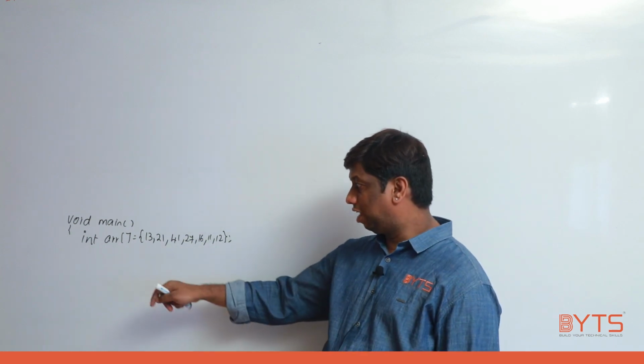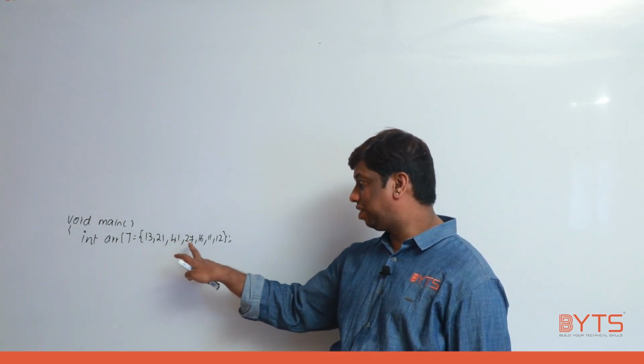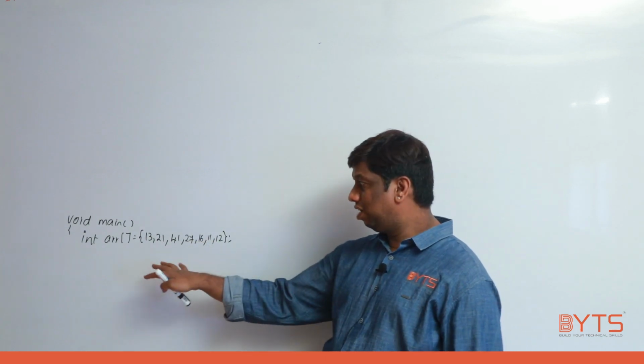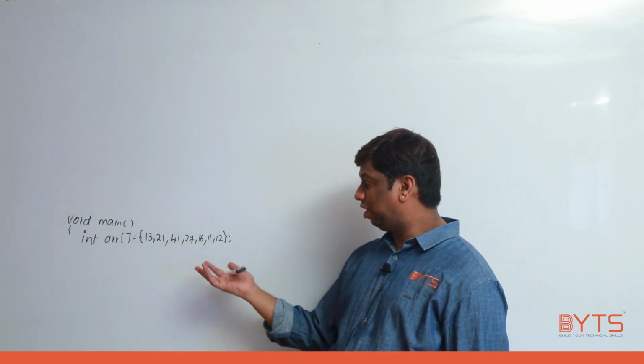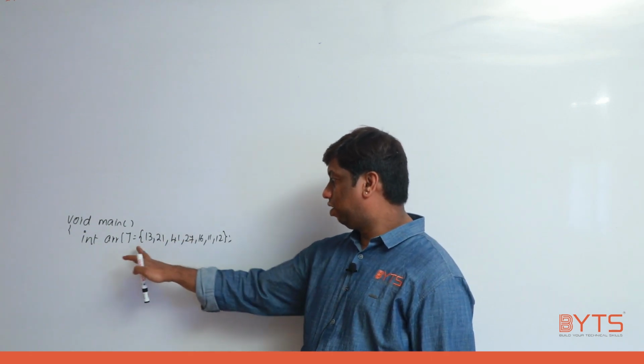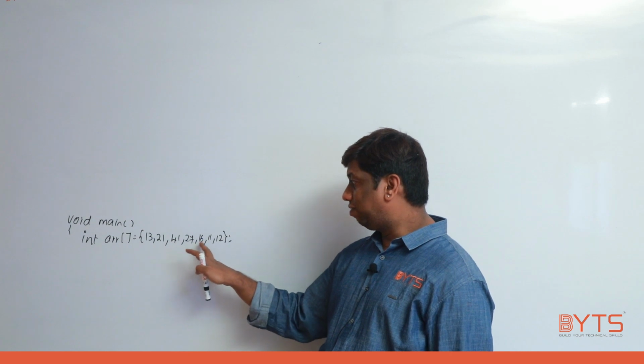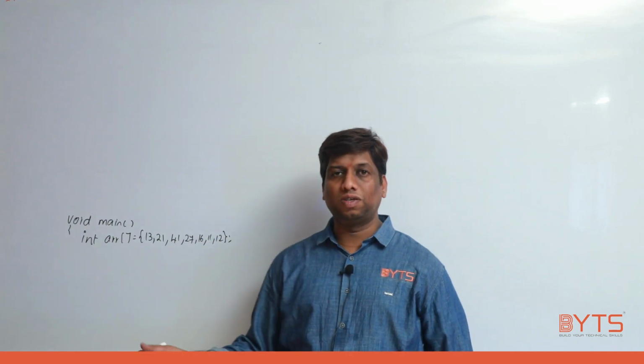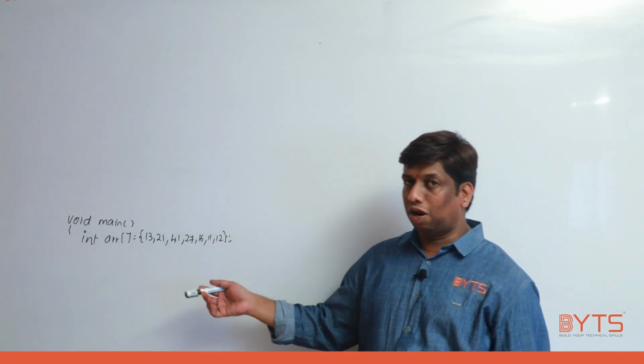Further, I am taking one array. The elements are 13, 21, 47, 27, 16, 11, 12. Have you noticed, is there anywhere growth or decreasing anything? No, right? The elements are present in random order. 13, 21, 47 sorted might be, but 27, 16, 11, 12 not at all sorted. They are present in different order, right? So straight away you cannot call merger on this.